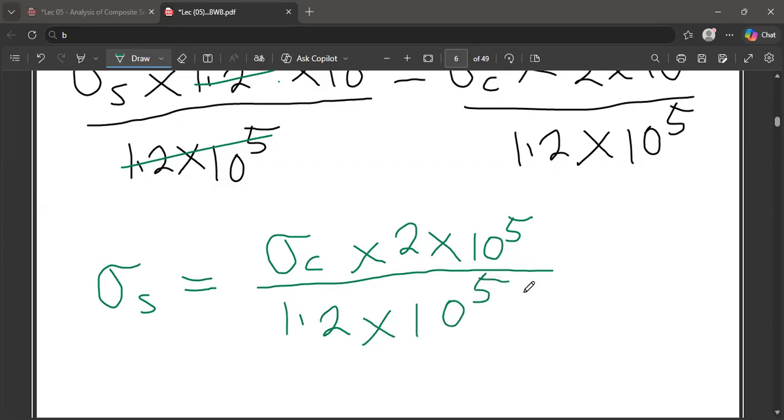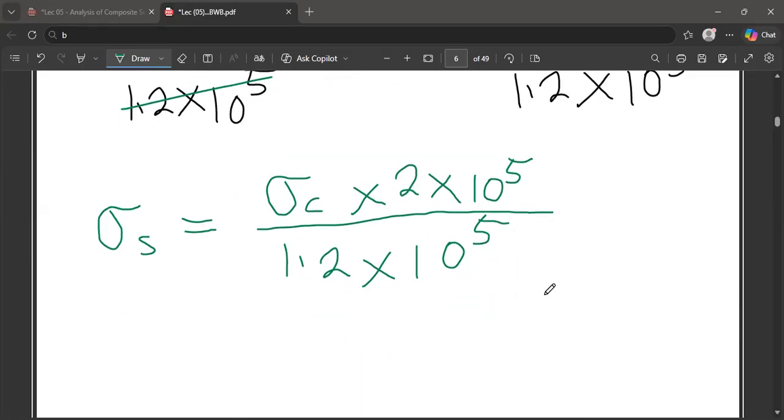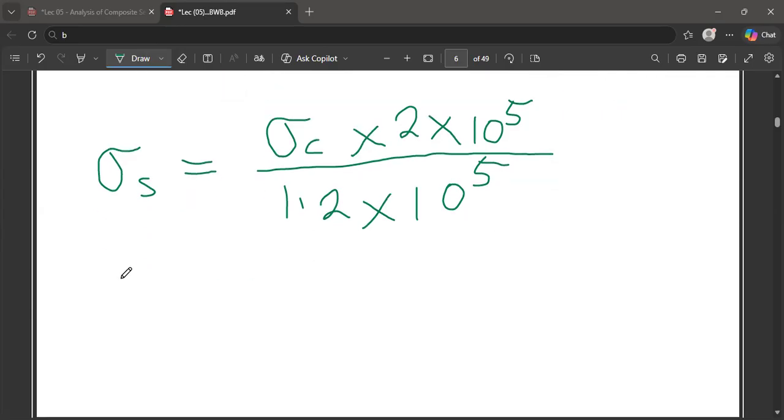So this leaves us with this equation. Or if you want to continue to divide, then the answer for your stress in the steel rod is going to be equal to